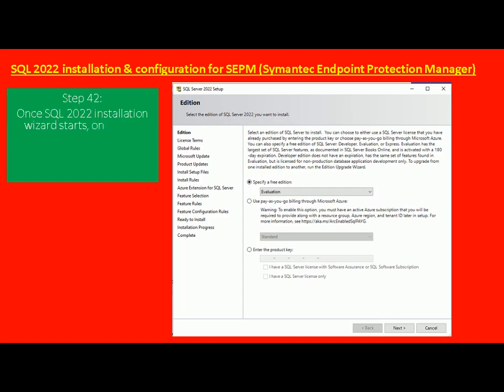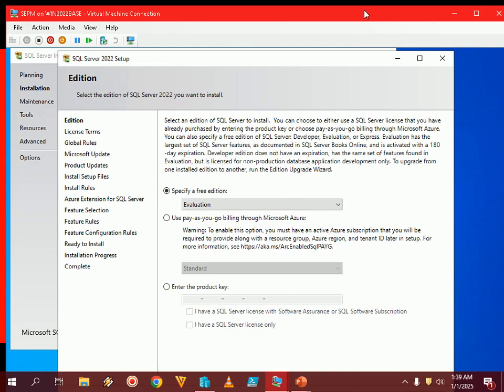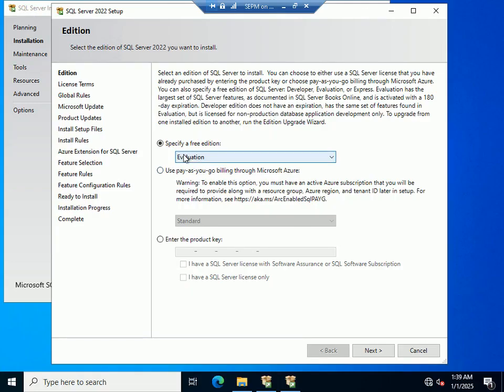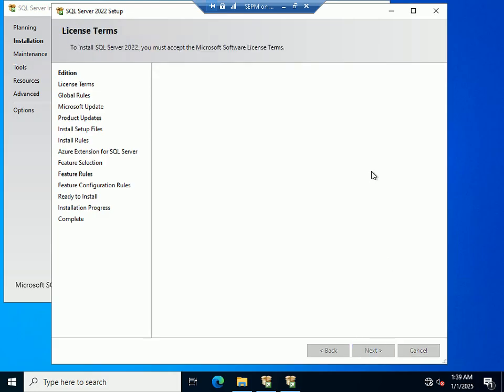So once SQL 2022 installation wizard starts, on edition window select your SQL edition and product key if you are having one, and license acceptance, and click next. As of now I'm just selecting the evaluation version. If you are having a product key, you can specify over here, and according to the product key it will automatically take your standard or enterprise version of SQL. But as of now I'm just specifying a free edition for this particular lab setup. That will suffice, and I will say next,